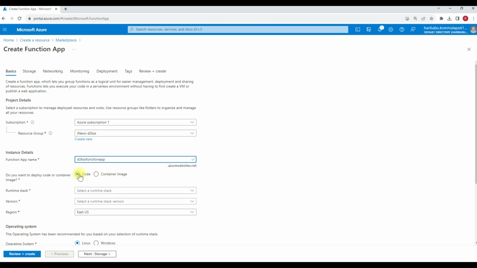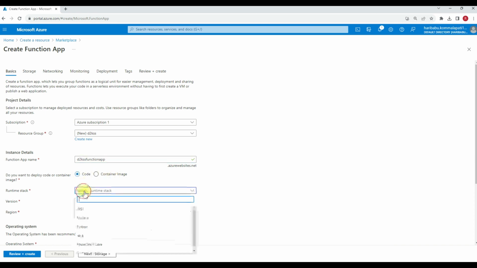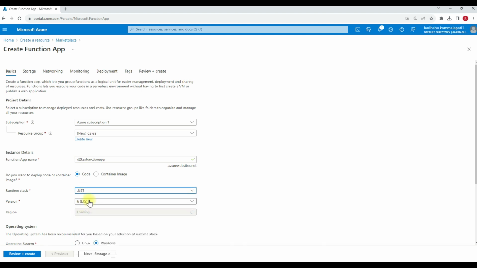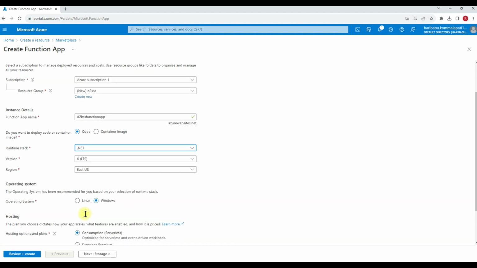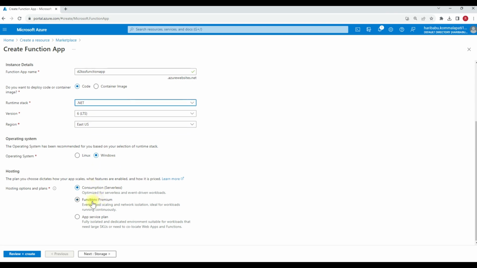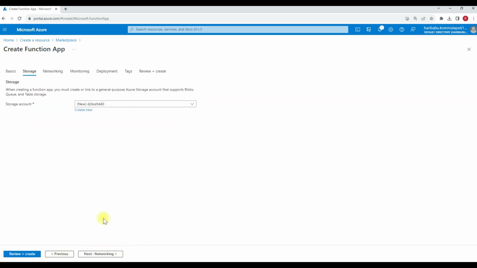For this scenario I'm using the code, and you can select the runtime stack, which is .NET, and version 6, and region East US, my default region, and I'm using the consumption hosting plan. Then go to the storage account. For creating a function, we should have a general purpose Azure storage account. It's mandatory. So I'm going to call this D2KSS storage account,